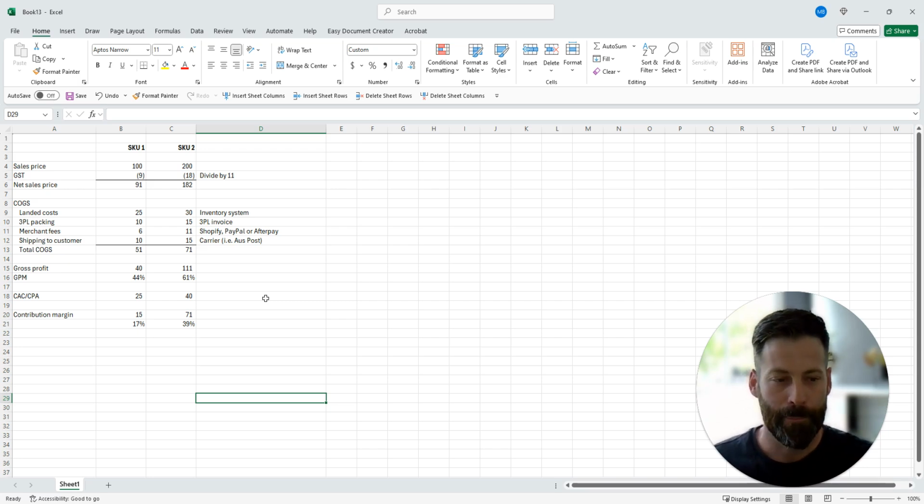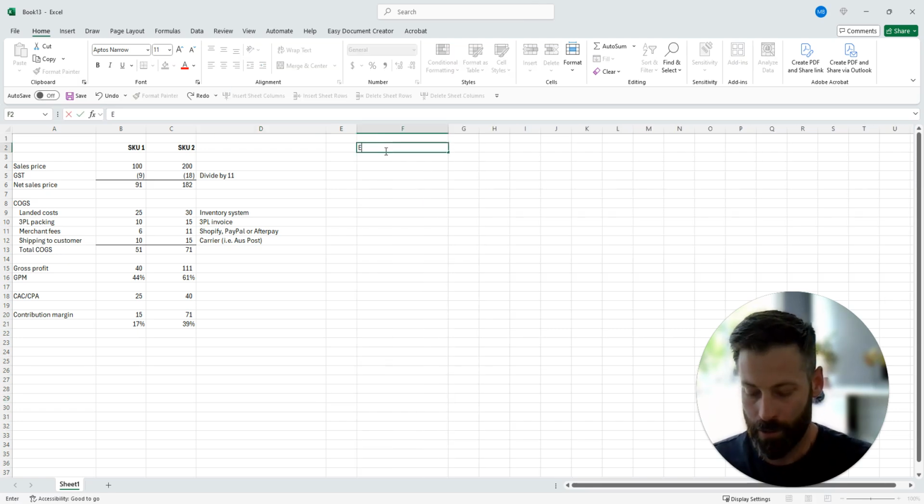Now, once you've got this info, you can take it a step further. So start with this, make sure you understand your unit economics. The next step then is to go, right, well, how many of these products do I need to sell in order to cover my costs and then to make the profit that we want to make? So let's go and have a look at